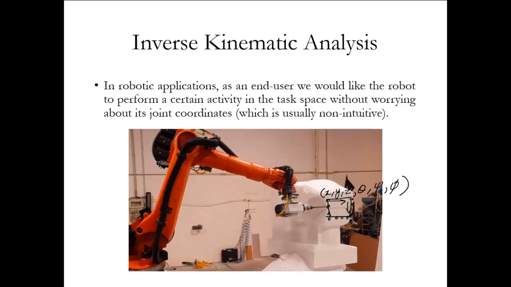For each position and orientation we will have a specific set of joint coordinates for this robot. That means what is this joint angle, what is this joint angle, what is the joint angle here, and what is the joint angle here. For this type of robot, which may be a 6 degree of freedom robot, we will have a particular relation between the end effector coordinates and the joint coordinates.